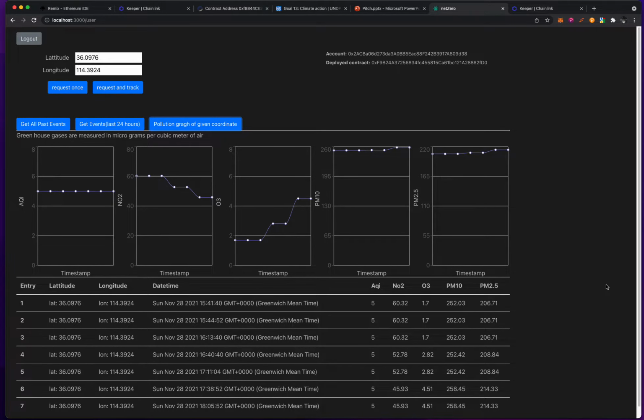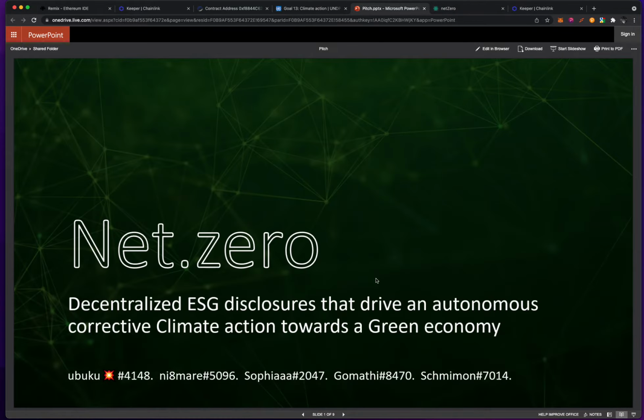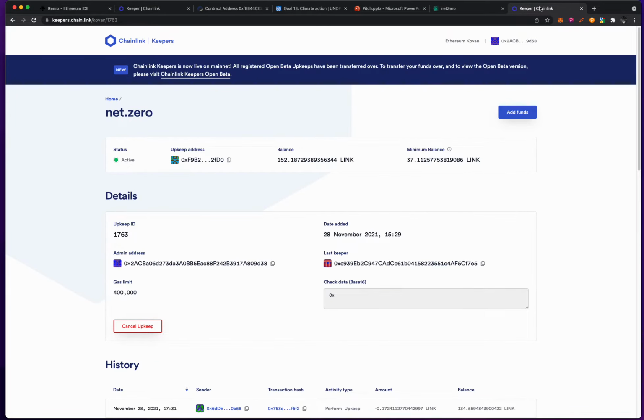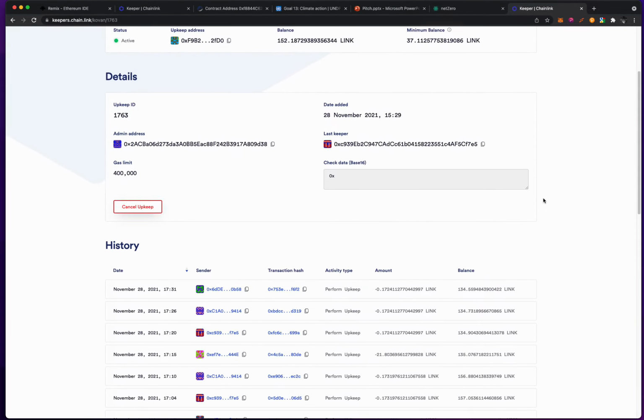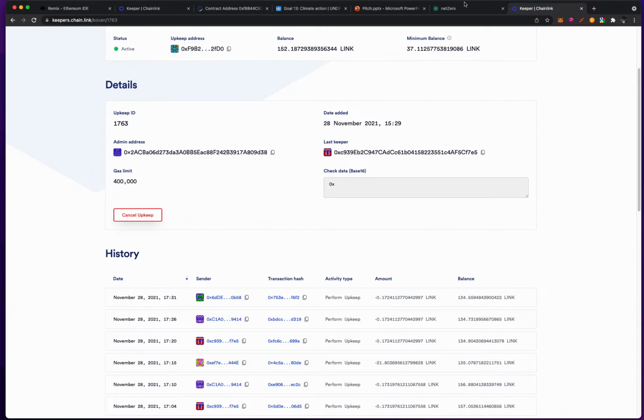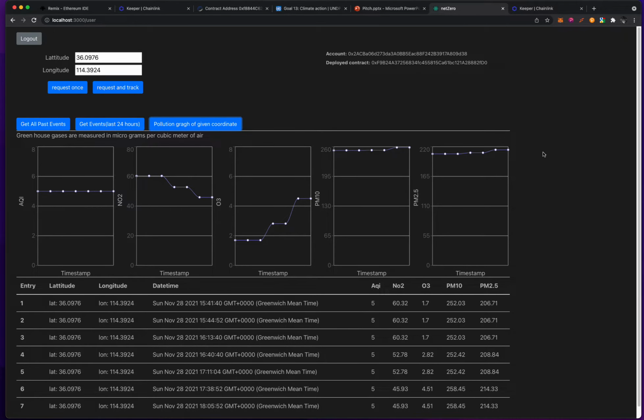So this is for a location in China, where you can see that the air quality index, the nitrogen dioxide, the ozone, PM10 and PM2.5 values are very clearly indicated here. So this is being facilitated by nothing but all of the Chainlink infrastructure. Over here, we are using keepers. The Chainlink keepers connect with an external adapter that we've built, and it makes repeated calls every 5 minutes, as you can see from these intervals. So these are the contract IDs, which allow us to call these contracts at regular intervals.